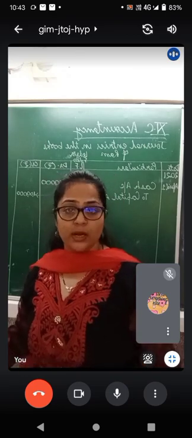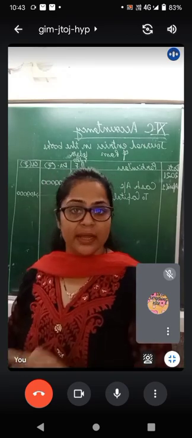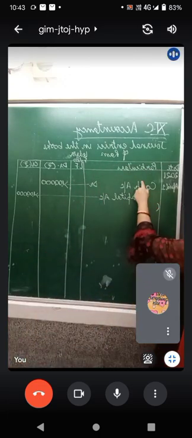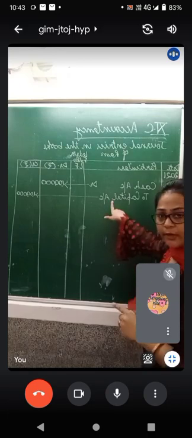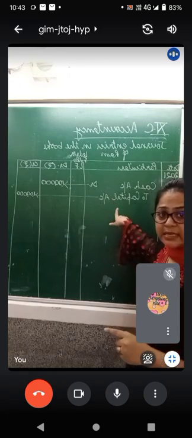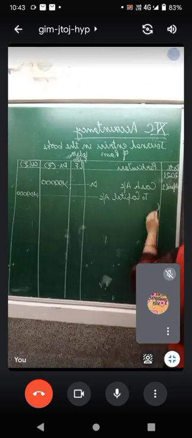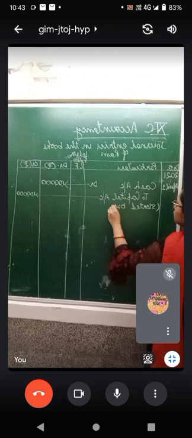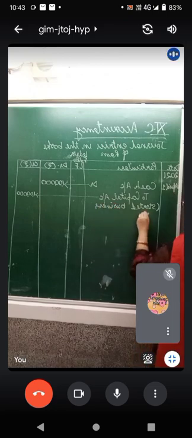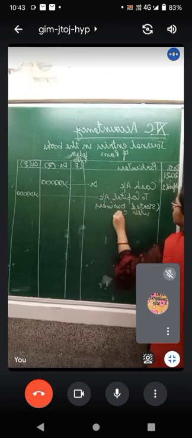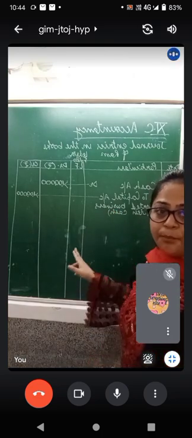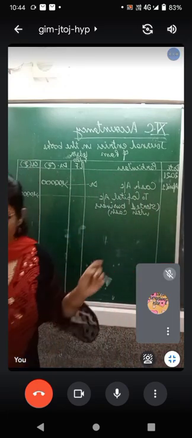Now one very important thing that we studied yesterday, the advantage of a journal entry is anybody who reads out the narration will get to know what has happened. So what shall be the narration? After you write the debit aspect, after you write the credit aspect, in the very next line, without leaving lines, you will write started business with cash. Okay, this is the narration. Started business with cash. Copy down the journal entry. Then what you do?